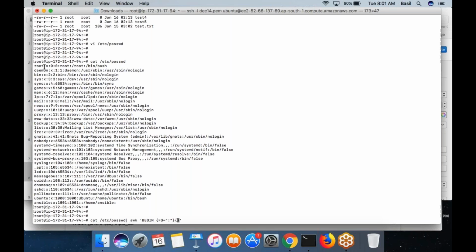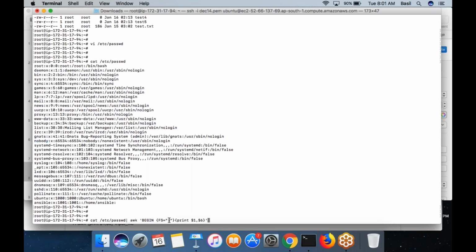Then in the main action section, I want to print the username, which is nothing but $1, then the home folder, which is nothing but $6. So I want to print only the username, which is in the first column, and the home folder, which is in the sixth column. So I put $1 and $6.